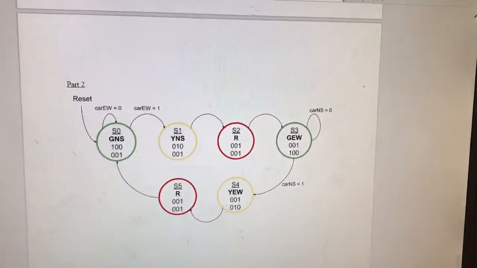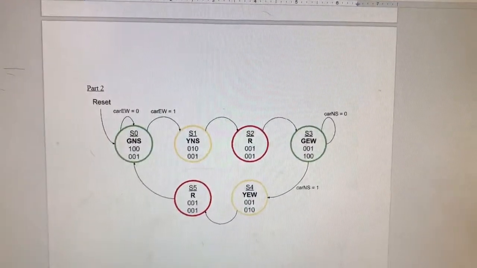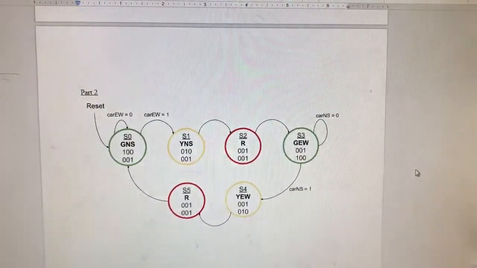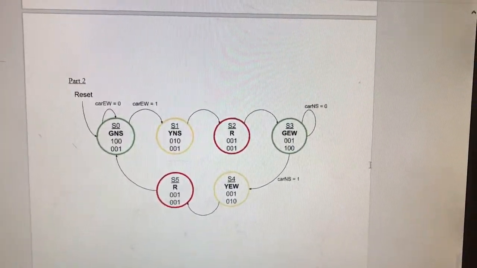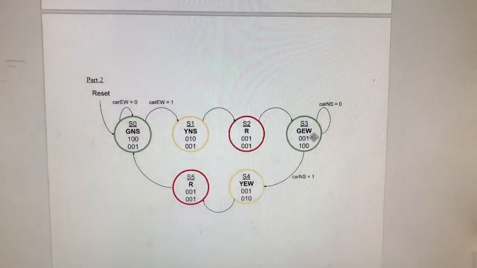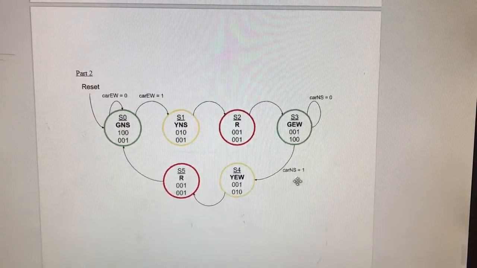Okay, this is part 2 of homework 8. Here the addition we made is adding a car sensor in the north-south direction, and this sensor comes into play when we are in state 3, which is green in the east-west direction, and we only move to state 4, or stop the green in the east-west direction, when we have noticed that there is a car waiting in the